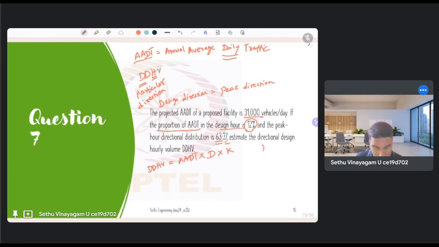So K is 12% and D is 63%. Okay. So which means DDHV will be 31,000 into 63%, 0.63, into 12%, 0.12. So how much will that be? Two, three, four vehicles per hour, right? So approximately. Okay, so this is the